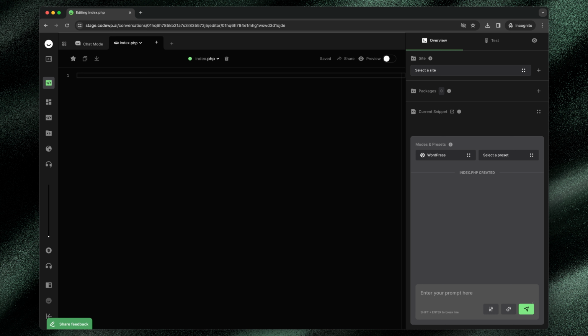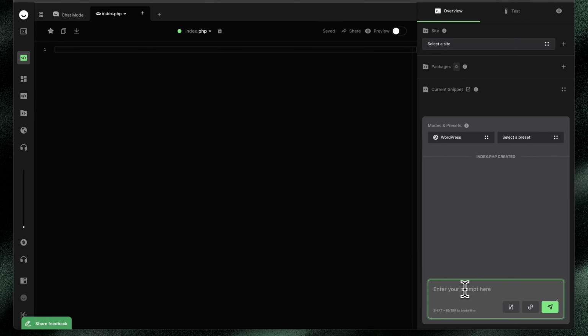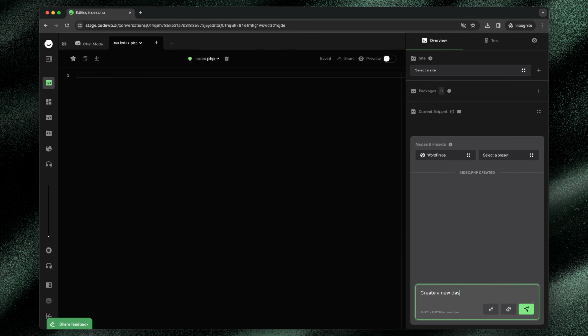So first, let me give you a demonstration of what this interface is actually used for. I mentioned it can be used to create plugins, create snippets, create code, whatever the case is. But essentially, this gives you a conversational interface to custom trained WordPress and plugin specific models based on the mode selected to go and create, edit, and explain code. So in this example, I'm just going to say create a new dashboard widget that displays one of 6 inspirational,